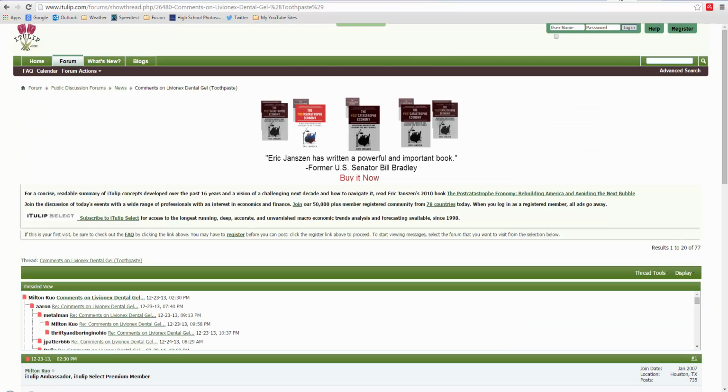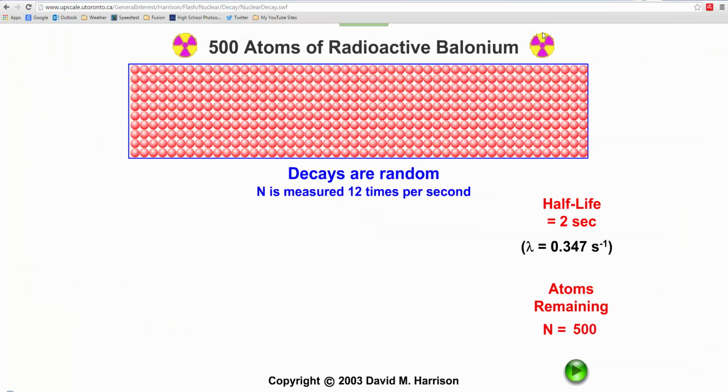If we go into here and we take a look at this, this is 500 atoms of radioactive polonium. This is a fictitious atom, but basically we have 500 atoms in here, and what we're going to do is we're going to graph it. It has a half-life of 2 seconds, and right now we have 500 remaining. So if I push play,